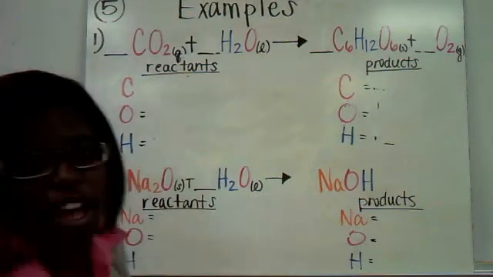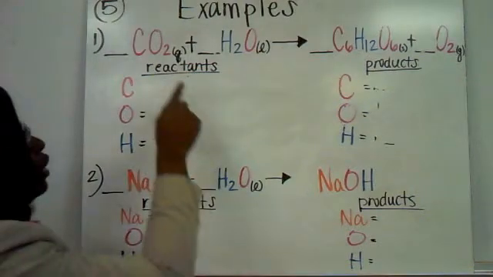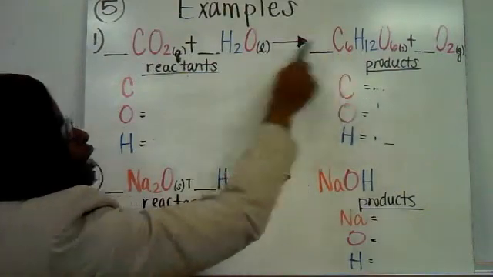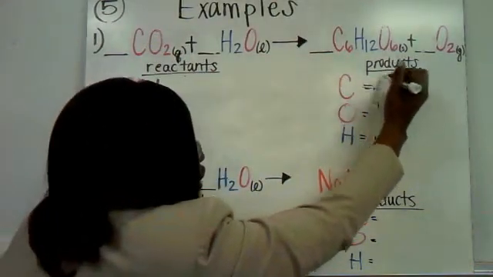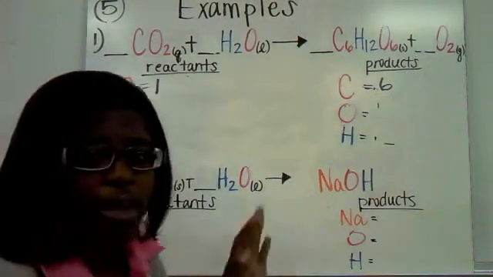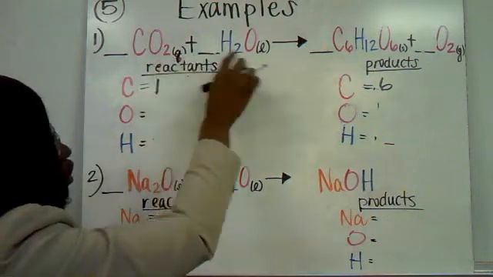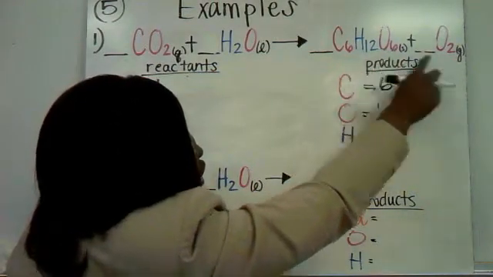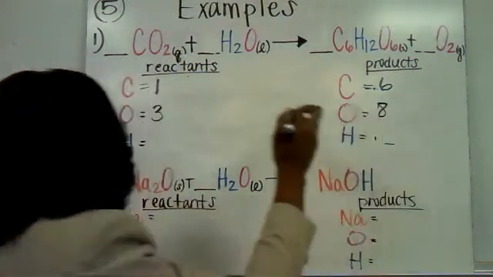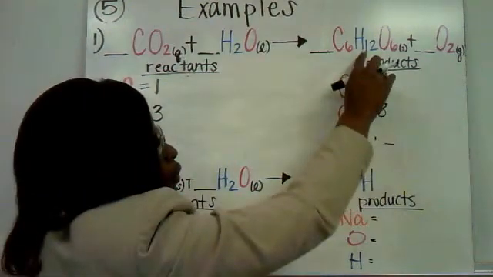So we're going to start by finding that element that only appears one time on each side. So if you look up here, I see carbon one time here, and I see carbon one time over here. 6 atoms of carbon over here, 1 atom of carbon over there. So I start by writing down that information to keep track of how many atoms I have on each side. So I also have 2 atoms of oxygen here, 1 atom of oxygen here. That is a total of 3 on the left side. I have 6 atoms of oxygen here plus 2 atoms of oxygen there. That's 8. I have 2 atoms of hydrogen on the left side, or the reactant side, and I have 12